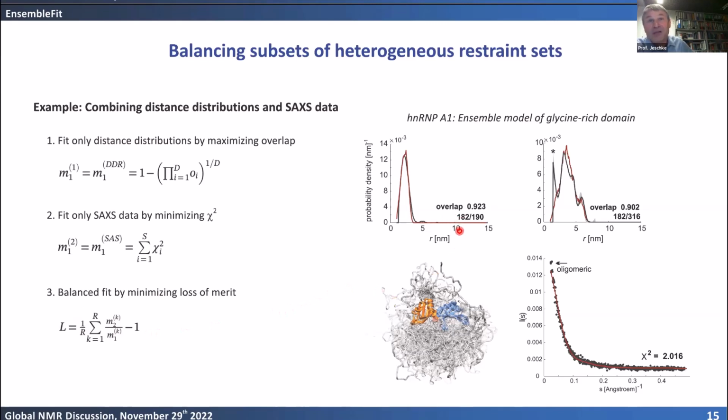Here's an example, in this case not an NMR example, in this case distance distribution and small angle X-ray scattering for this HNRNPA1 protein. And here you see you can get quite decent overlap of the distance distributions and at the same time a good fit for the SAXS data. A little bit worse than you would expect. Chi-square of 2.016 is not very good, but this is what you can do for